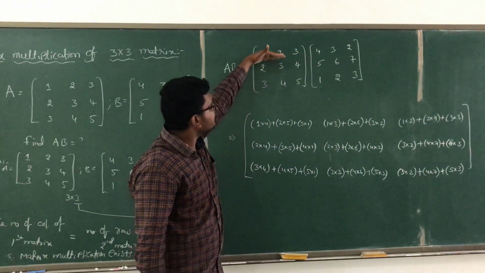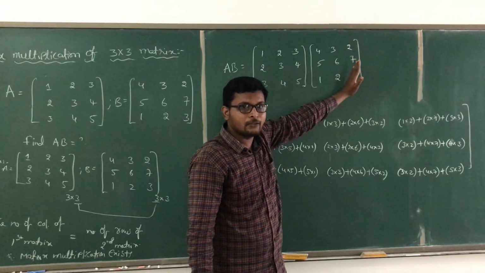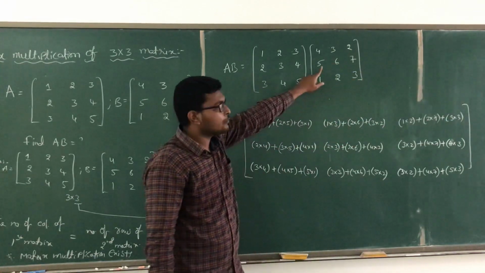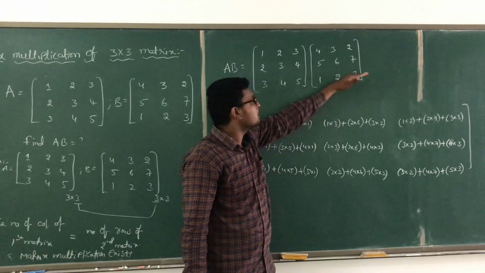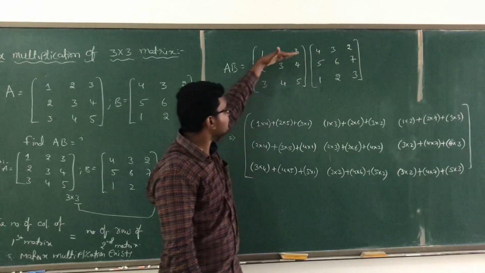Now, second row with the first column, right? As we are moving, see here, first row with all the columns is completed, 3 columns. So we have to stop there itself. If we have any more columns, we have to do the further procedure. If there are no columns, wind up here. Now come to the next row. We have completed the first row, all the columns. Now come to the second row.